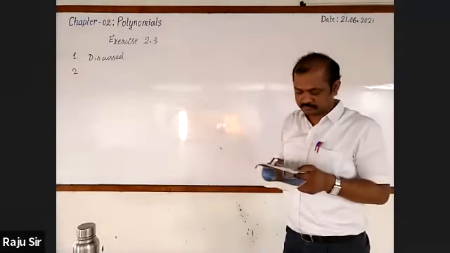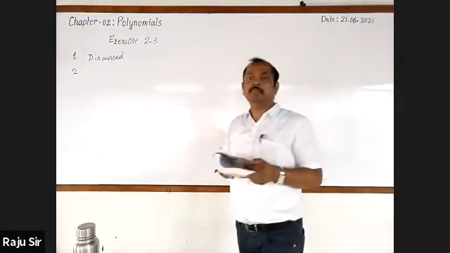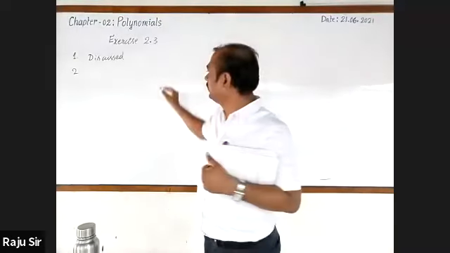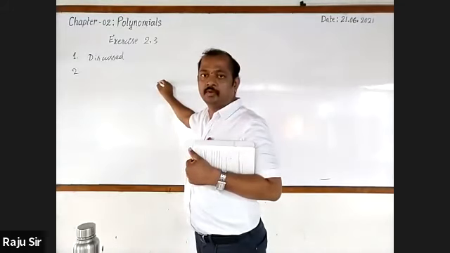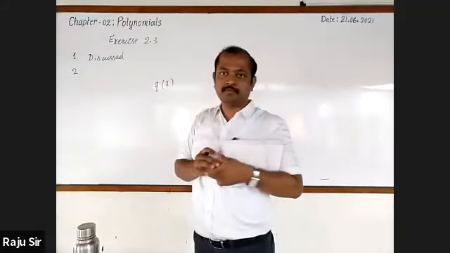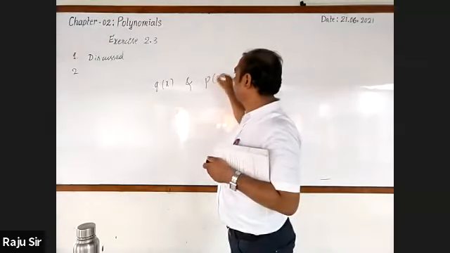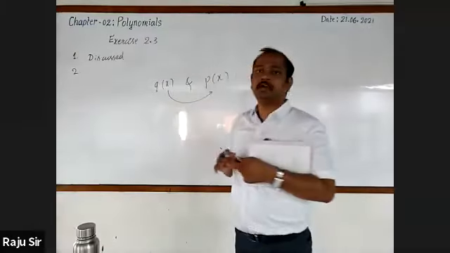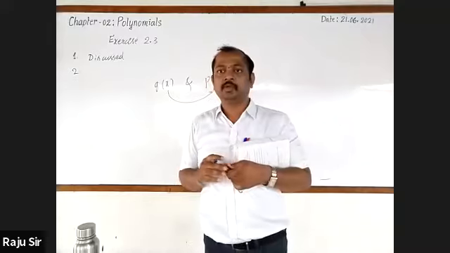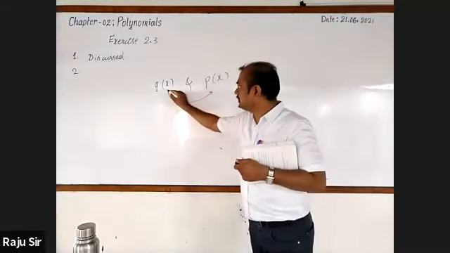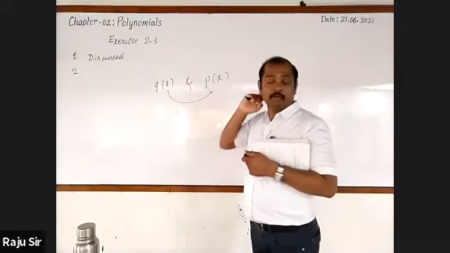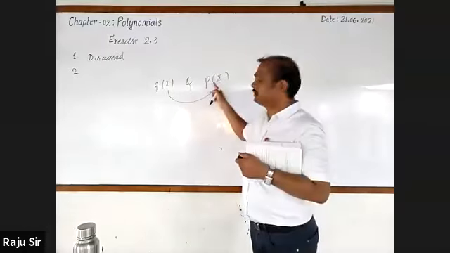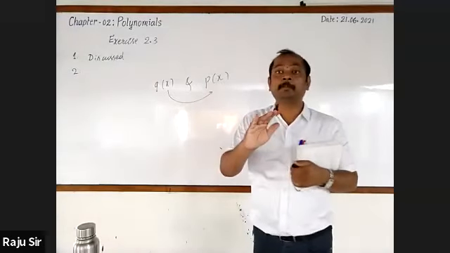And second one, it has been given like this. They are given two polynomials. Look here, one polynomial is g of x and another polynomial is p of x. You have to check whether g of x is a factor of p of x. We are going to check that whether g of x is a factor of p of x. We know that if it is a factor, it divides, that is g of x divides p of x completely.